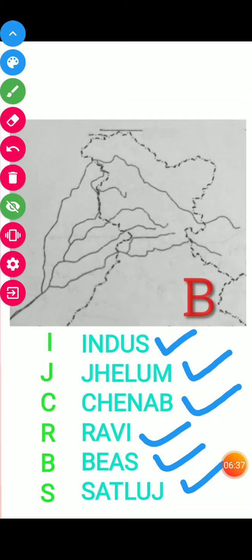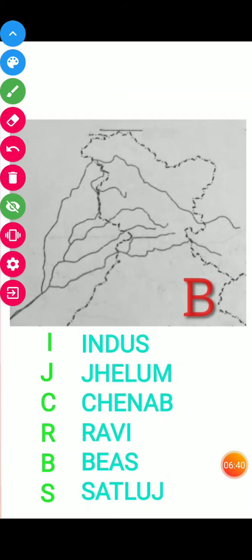Now, how to shade them? The top one, this first river, is river Indus. You have to shade this region. Further it goes towards Pakistan as well, but you are requested to shade up to Indian territory. Second, a small river you can see here, is Jhelum. It goes along the boundary of India, then to Pakistan, but again shade up to the Indian territory.